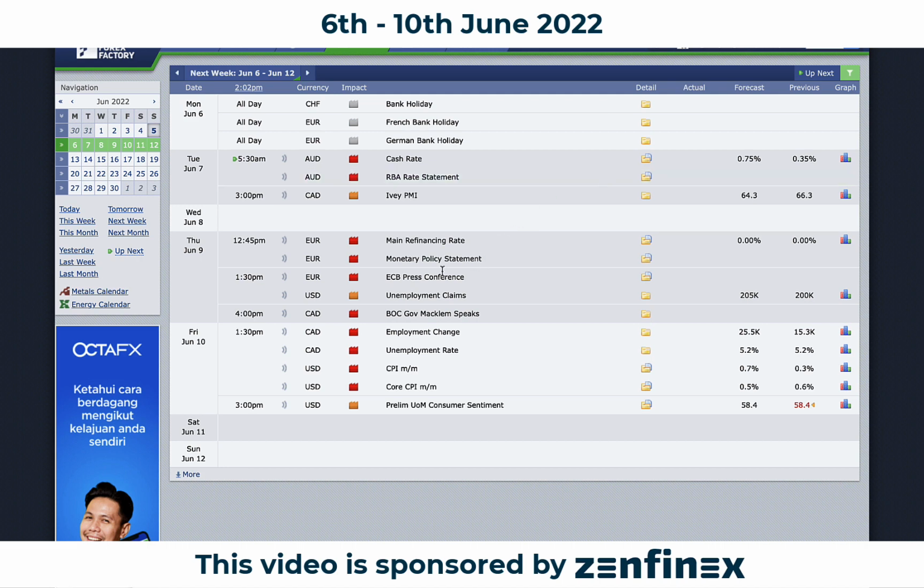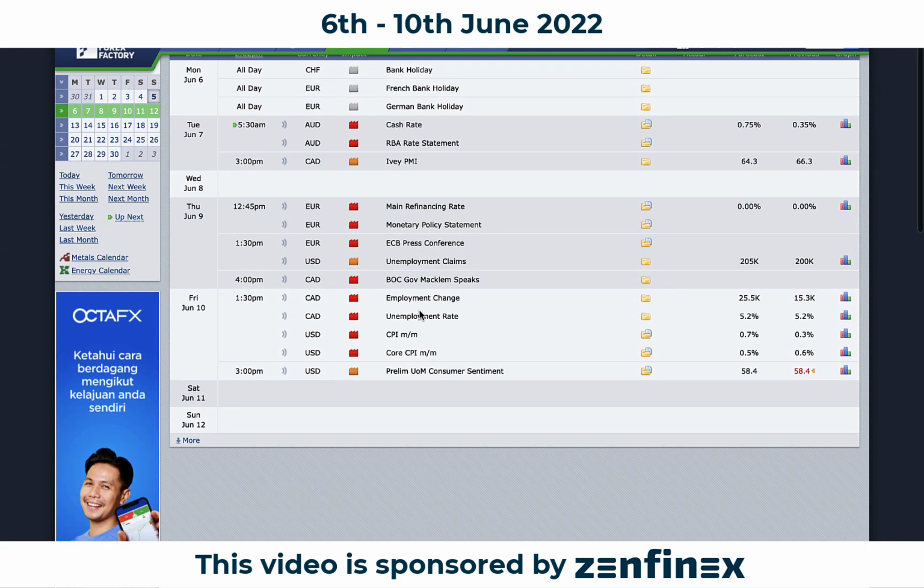And then on the later part of the week, on Thursday, we have the ECB coming in. So the ECB here is overall still neutral to bearish from a fundamental perspective, okay, because many of the banks are actually hiking rates, but the ECB, European Central Bank, is actually still maintaining interest at 0%. Okay, so relatively it's on the bearish side from a fundamental point of view.